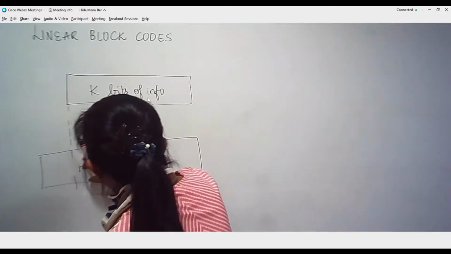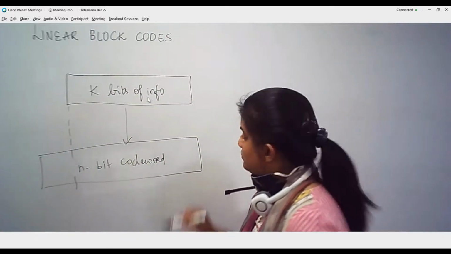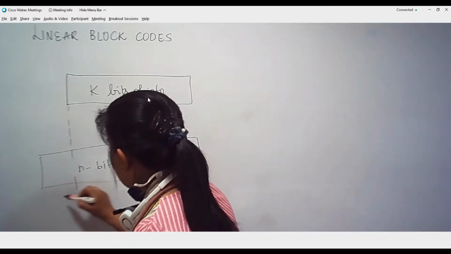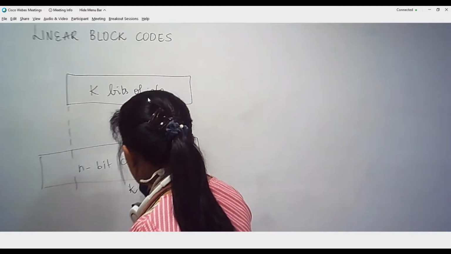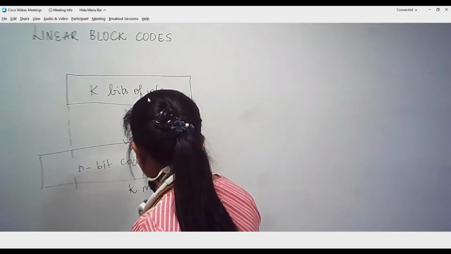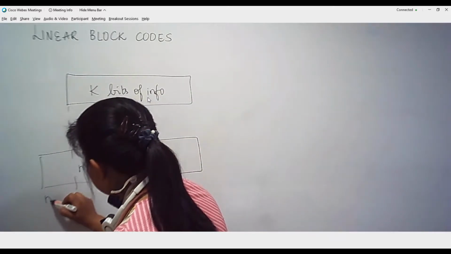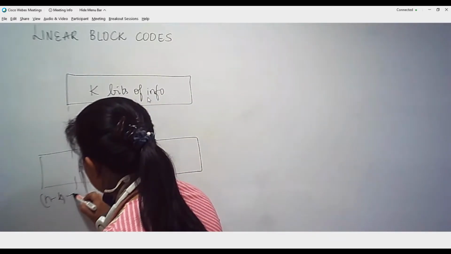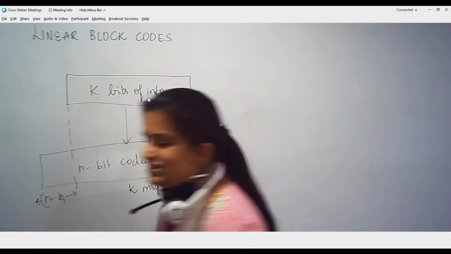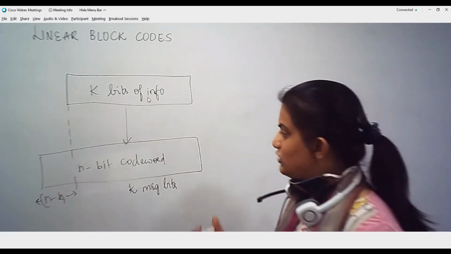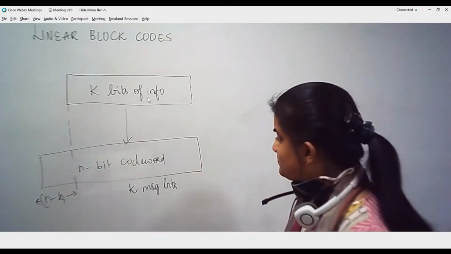Out of these n bits, the k bits will remain as is, which is the message bits, and the rest n minus k will be the redundant bits, also called check bits.